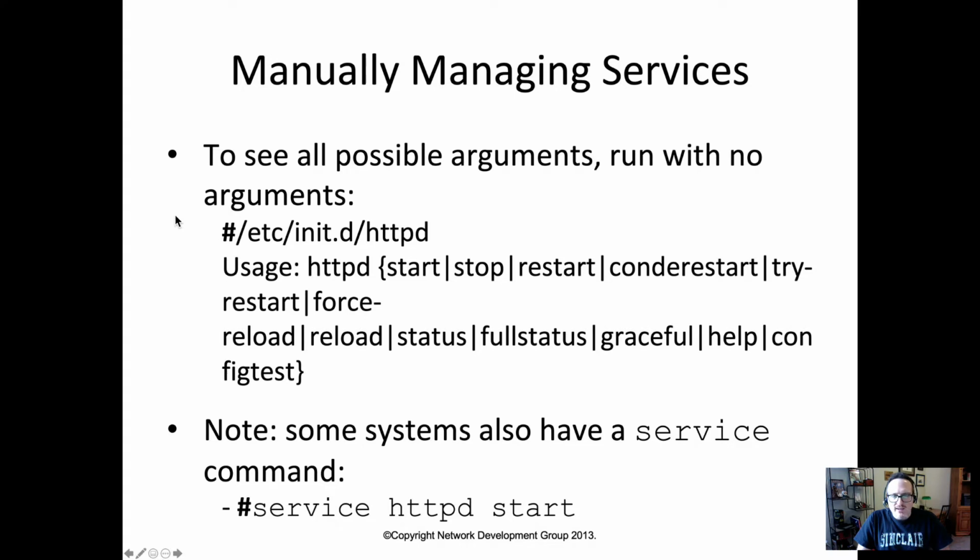So we're going to look at managing services. First off, what is a service? A service would be like you see on Windows. A print service, for example; a web server is a service. And here in this example on the slide, you can see a service,